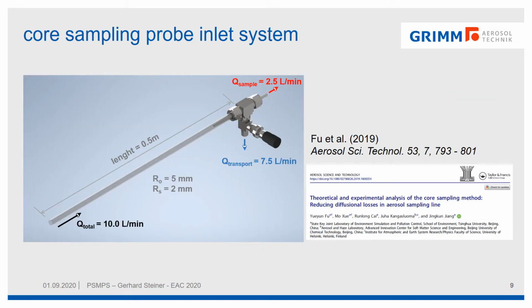Something very important for a good operation of the system is the newly designed core sampling probe inlet system. It's based on the paper by Fu et al. in Aerosol Science and Technology from last year. There they made a theoretical and experimental analysis of the core sampling method. We followed their script. They also published in the supplemental to their paper and designed a probe with these geometric